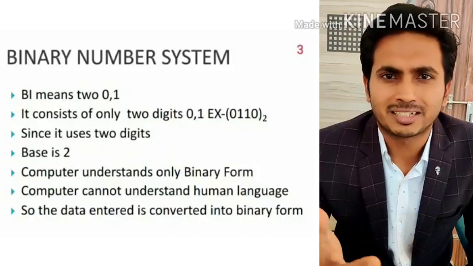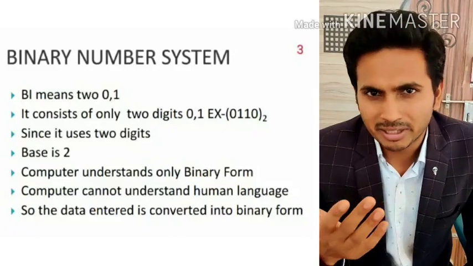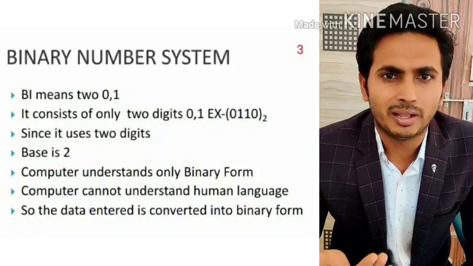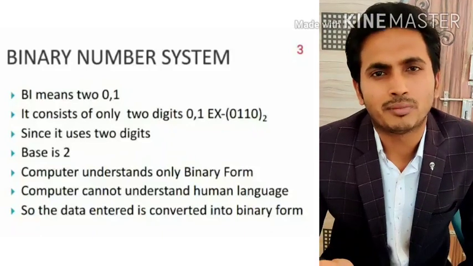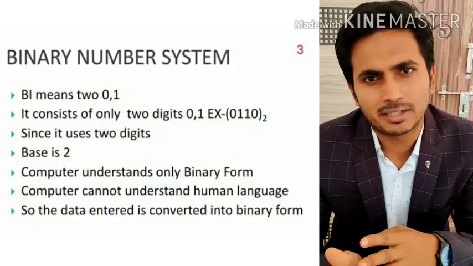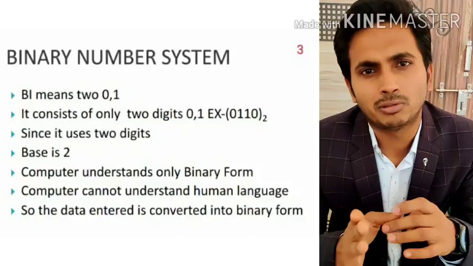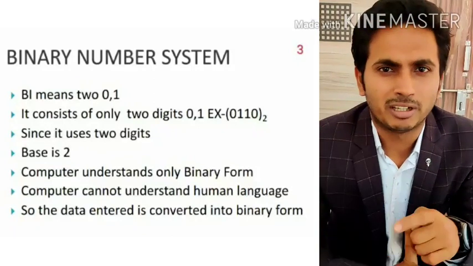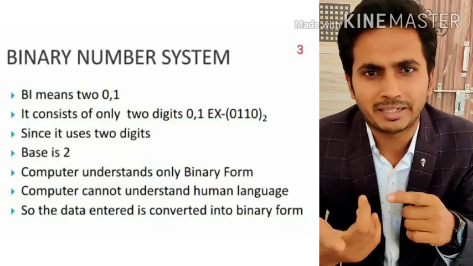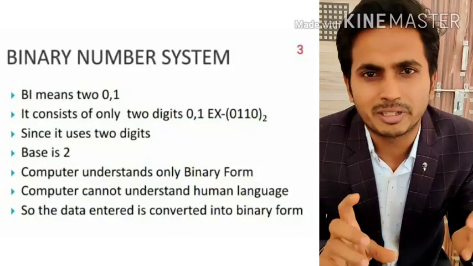The computer does not understand the English language, meaning the human language. It only understands the machine level language, that is 0 and 1. So we have to convert the high level language to the machine level language, meaning binary language, and binary language to the high level language. So here we will do the conversion of a decimal number to its equivalent binary form and a binary number to its equivalent decimal form.